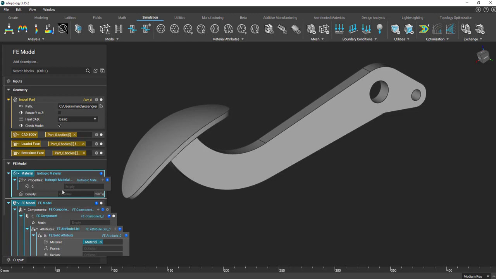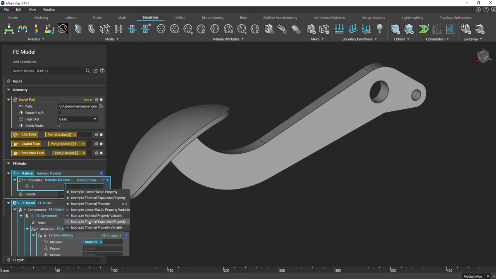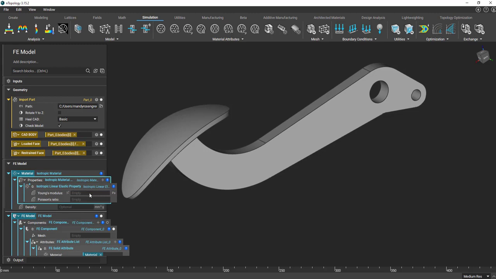And we have our isotropic material properties list, and we can add more items if you want to define more options there. If we double click, we have our isotropic linear elastic property, isotropic thermal expansion property, and isotropic thermal property. So we'll just use our isotropic linear elastic property today because we're running our static analysis. So I'll click on that isotropic linear elastic property, and we'll put in for our Young's modulus,